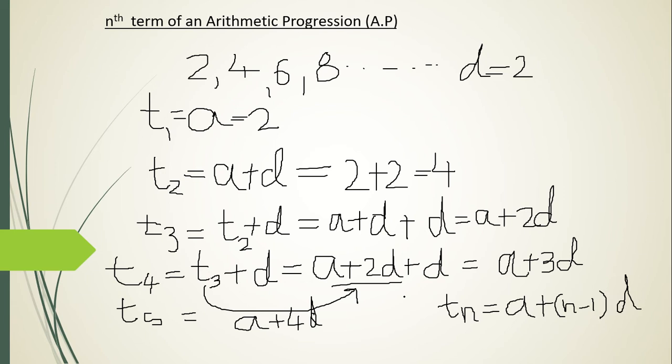So this is going to be the formula for the nth term, and using this formula you can find any term, let's say the 400th term, 500th term, 138th term, 38th term, 45th term, any term. You just have to put, let's say you want to find the 45th term, T of 45 equals, but for that you should know the first term and the common difference of the AP. Then you can find any term of the AP.